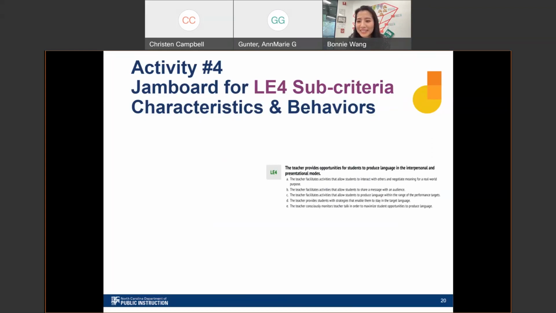Well, the good news is Jamboard is great. It's kind of like electronic Post-it notes, but you can do a lot more than that with it. We're going to use it as electronic Post-it notes today. And it is a Google tool. So if you already use Google tools, you've got Jamboard.